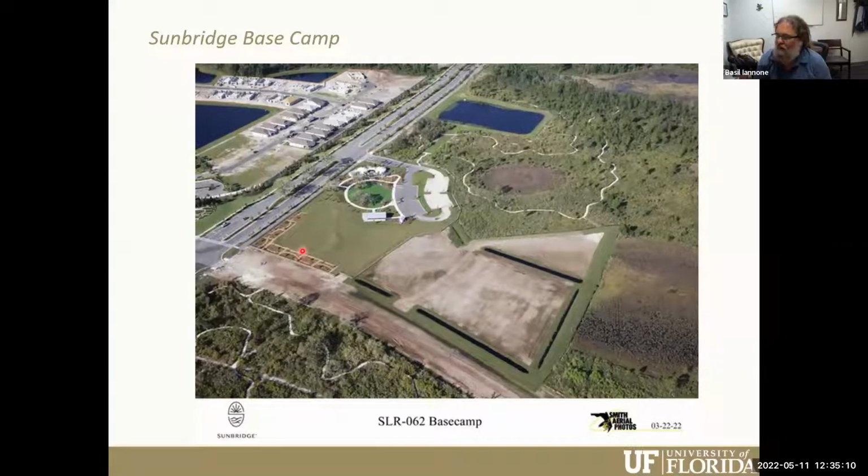But we hopefully don't think people think this looks like an experiment. They think it looks like a garden. So this is the entryway in the community. This is sort of like when people come in to buy a home, they come in here, they see this as the lifestyle that they could have. Over here is going to be a community agricultural center. So if anyone's interested in working on that, let me know.